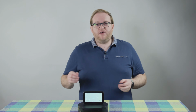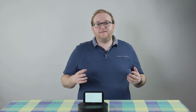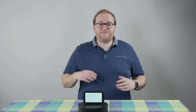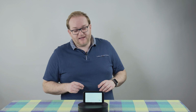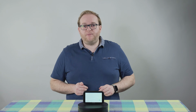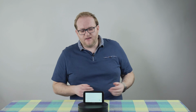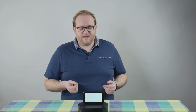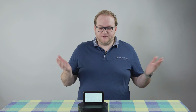All three of the TomTom GO Discover units use the standard TomTom Quick Clip, a magnetic clip which attaches to your windscreen and is a very secure way of holding it in place. I think that clip is probably one of the best. The only one I can think of that's slightly better is Garmin's, but it's a very quick way of connecting up. It has a micro USB cable to charge, no USB-C, a bit of a shame,